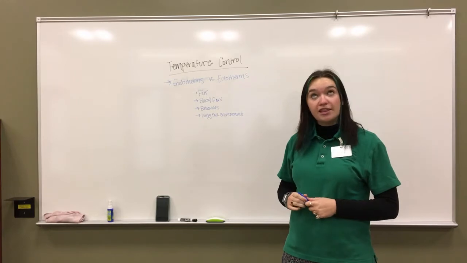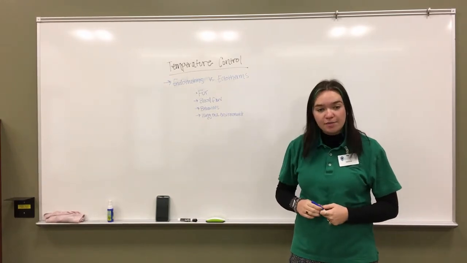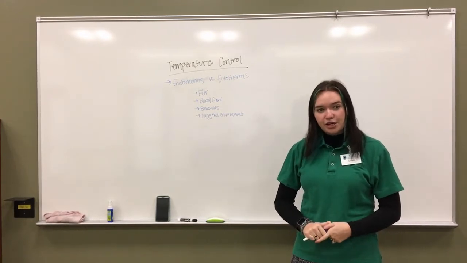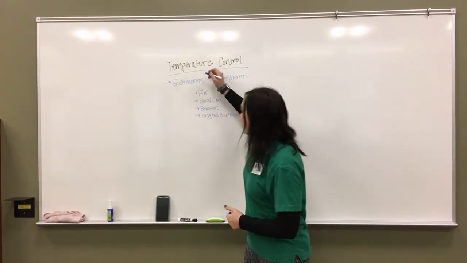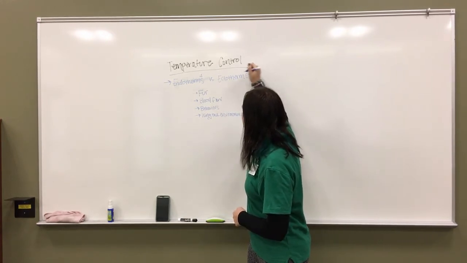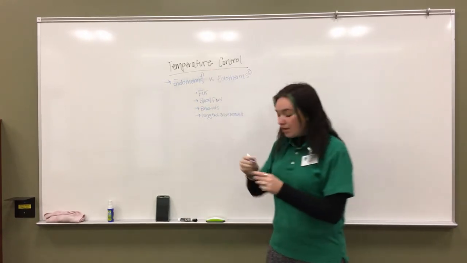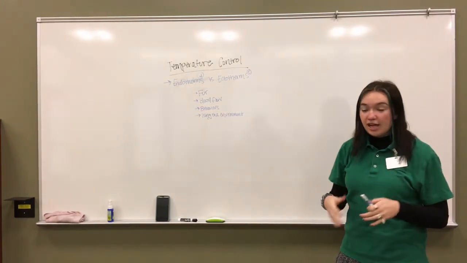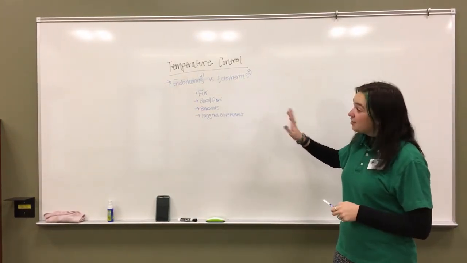Or maybe you can think of their more common names, which are warm-blooded and cold-blooded. So our endotherms are going to be our warm-blooded, and our ectotherms will be our cold-blooded. There's a tiny cheat for you guys. An endotherm is able to somewhat regulate their own body temperature, and an ectotherm would not be able to